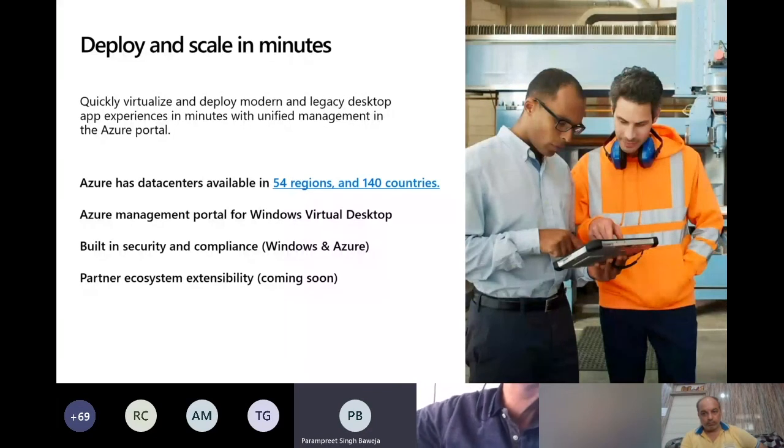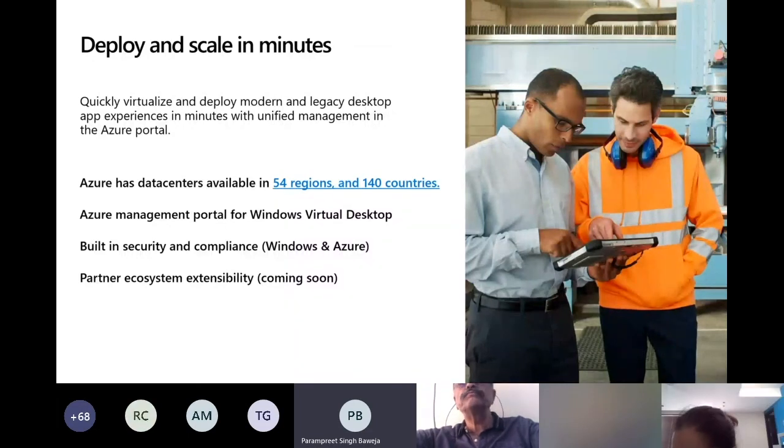That is one. Second, because it is hosted on Azure, you might be in the healthcare industry or finance industry, and Azure is already compliant to almost every single compliance which exists across industries, across geographies. For example, in the finance industry, PCI DSS and FedRAMP are compliances which you already get by default as soon as you host your setups on Azure. Similarly, for healthcare, HIPAA compliance is a mandate for a lot of healthcare organizations. So you get ready, auditable compliance as soon as you host on Azure.